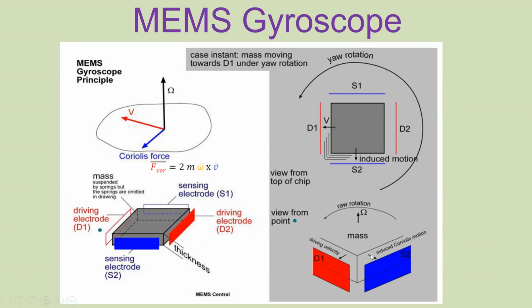This is one view and this is the other view. If it is rotating, omega is in this top direction, and these are the driving plates. There is another plate here. This proof mass is moving in this direction. Again, use the right hand rule from omega to the driving velocity, then you get the Coriolis force in this direction. Again, the same thing is stated here. Right. So if you understood the first slide on Coriolis force, you must understand everything.